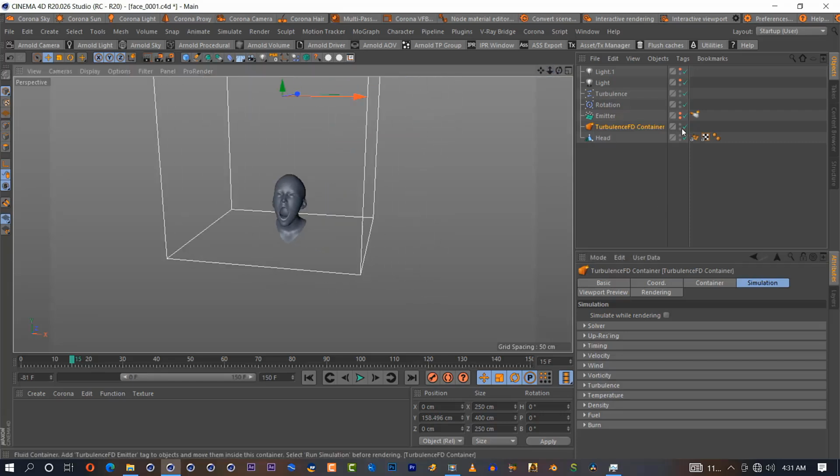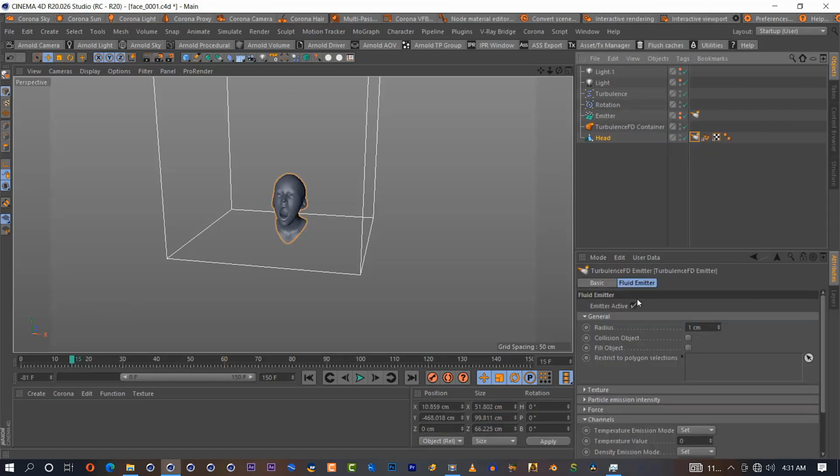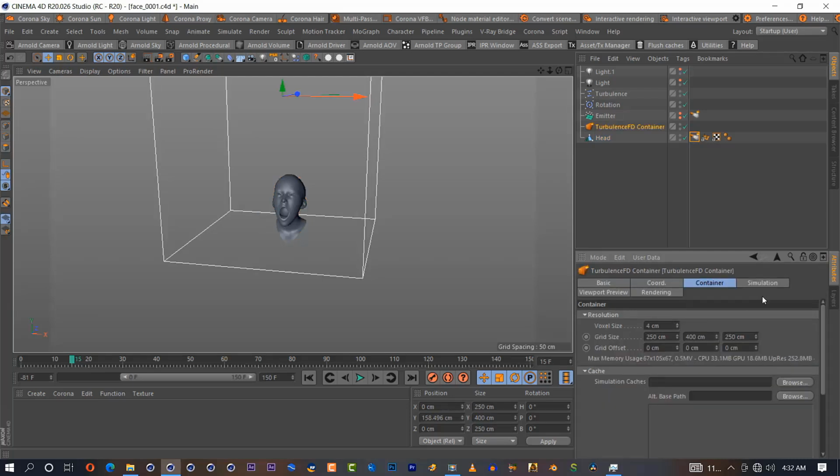And add a Turbulence FD meter tag on the head. Change the radius to 2 and check View Object. Go in the pressure and set the pressure to -2.4. And go in the channels and set the temperature value to 1. Increase the voxel size to 4 as you are trying to sim, and just check where you want to save